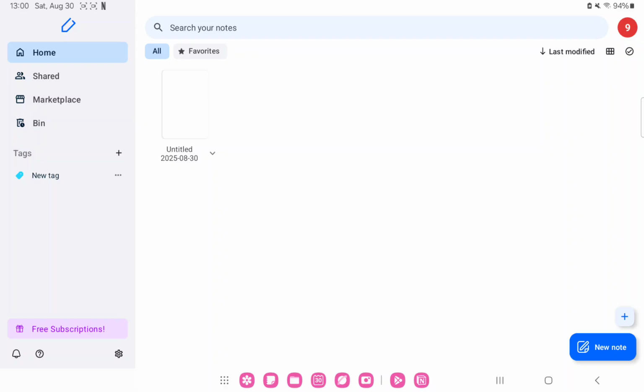First of all, open the application on your device. So that's the home screen, and you can find different buttons. If you want to create a new note, you can find the blue icon in the lower right corner of the screen. Click the new note button,